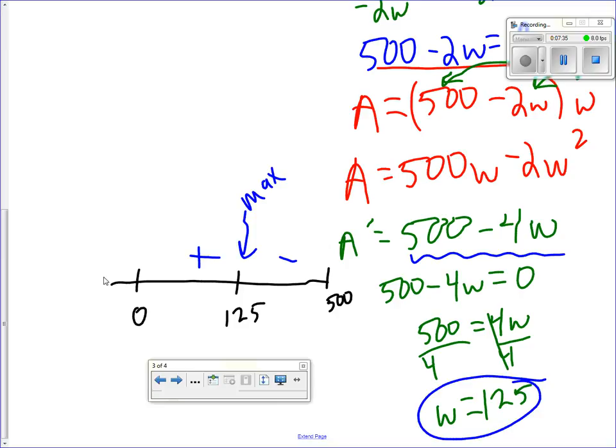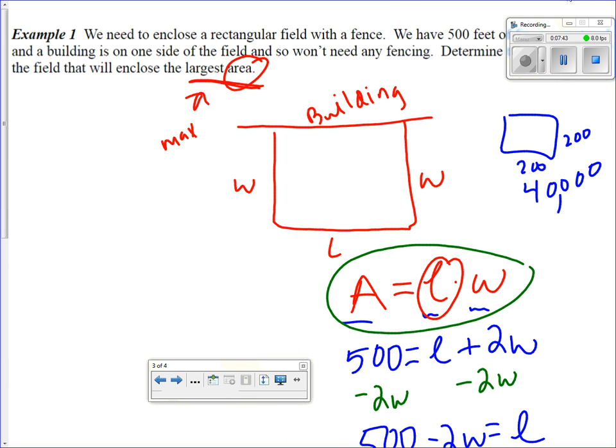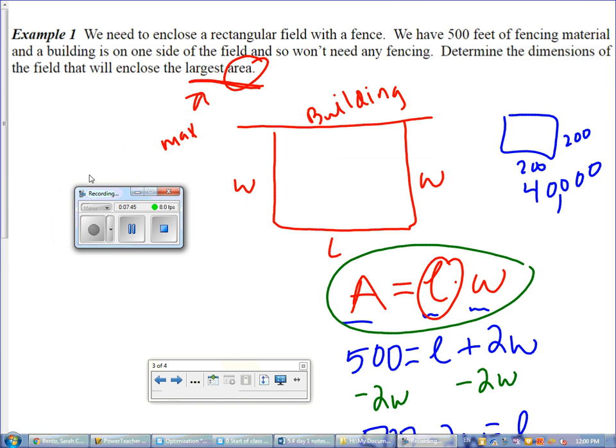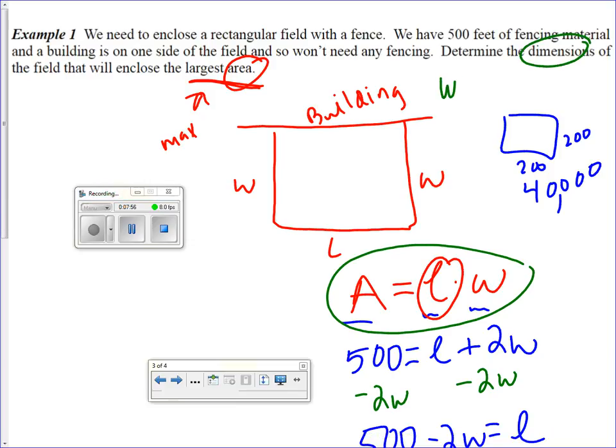So we've done step 4. We've found our maximum. Now we need to do step 5. We need to make sure we've actually answered the question. So we know the maximum occurs when the width is 125. The question, I'm going back to the text, is to determine the dimensions of the field that will enclose the largest area. So dimensions is length and width. I know that the width is 125. If I want to figure out the length, I'm going to use that secondary equation,